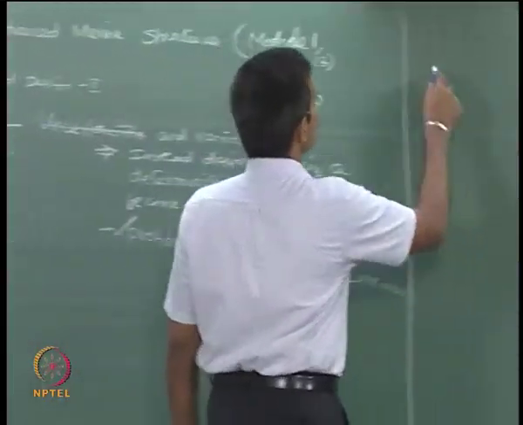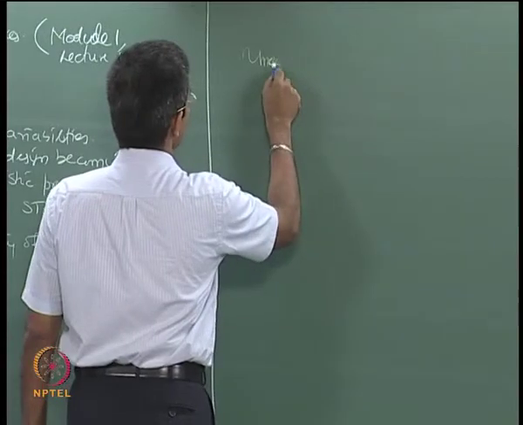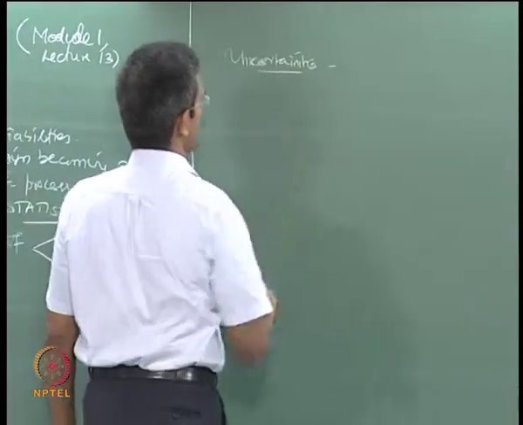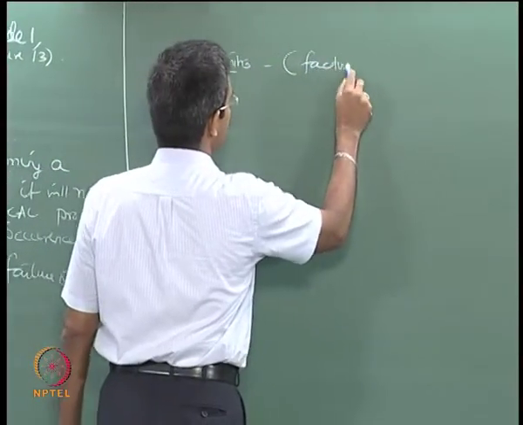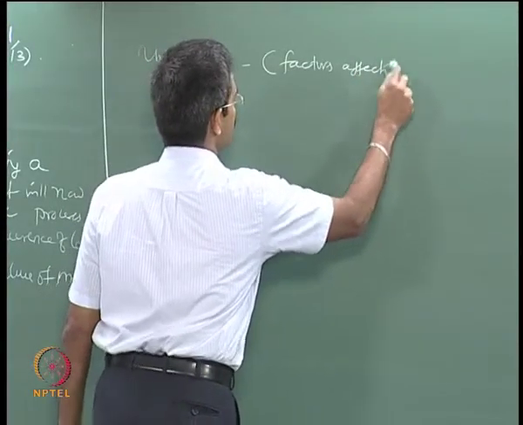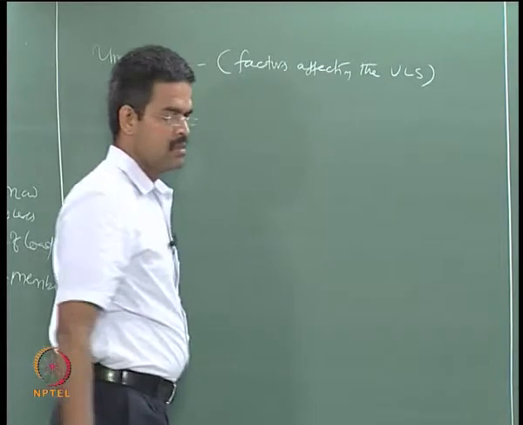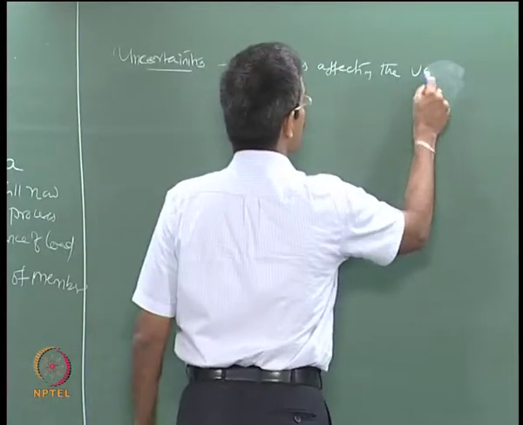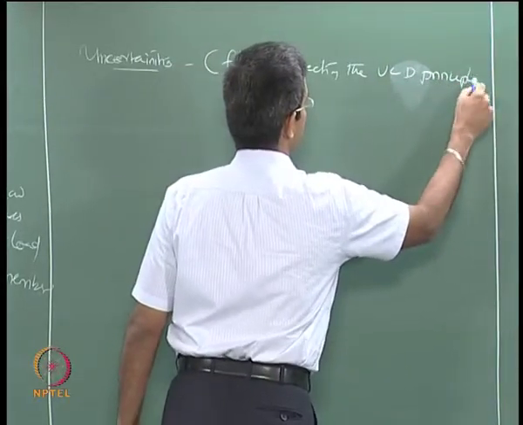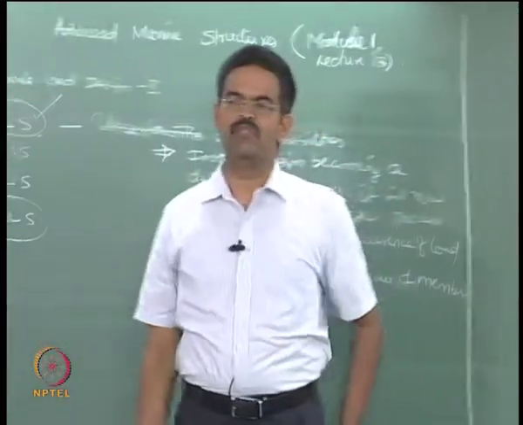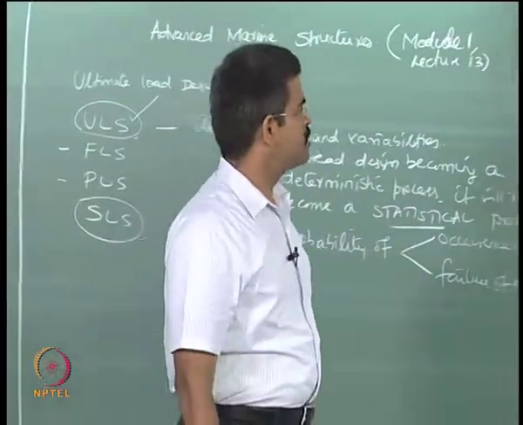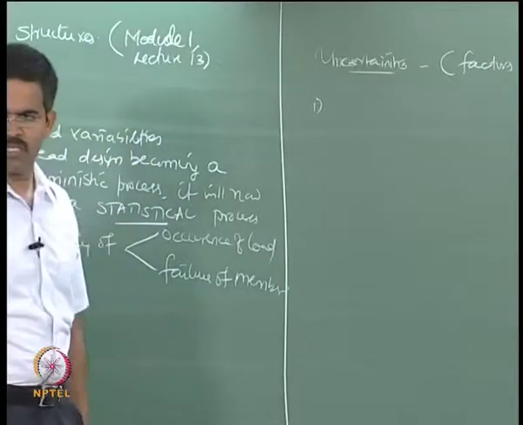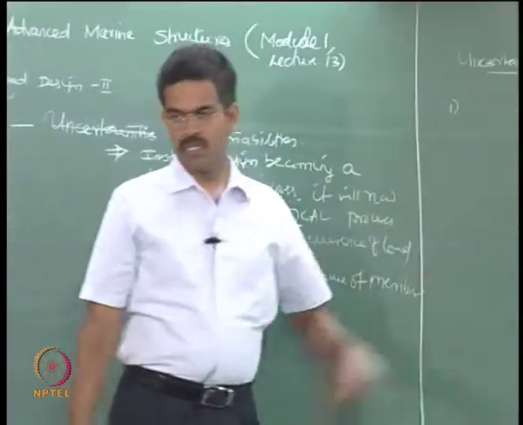First look into what those uncertainties are, then let us try to answer whether we can eliminate them. The uncertainties present in the system are also otherwise called factors affecting the ultimate load design. I will say ULD from here onwards, I will not say limit state, I will say ultimate load design principle. These are the factors actually affecting the ultimate load design principle, which are otherwise called uncertainties. There are about 7, we will see them one by one. Top in the list